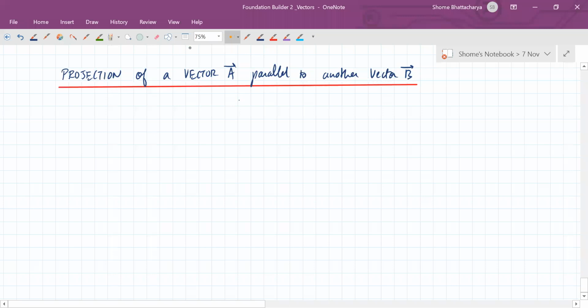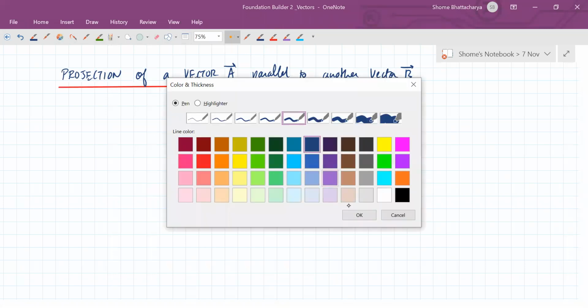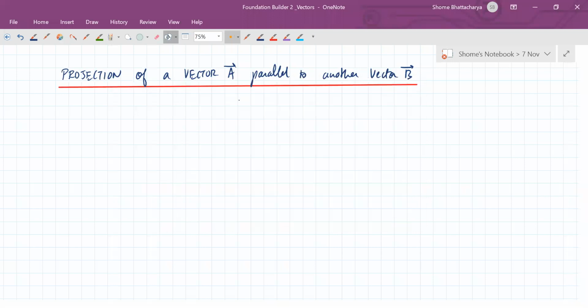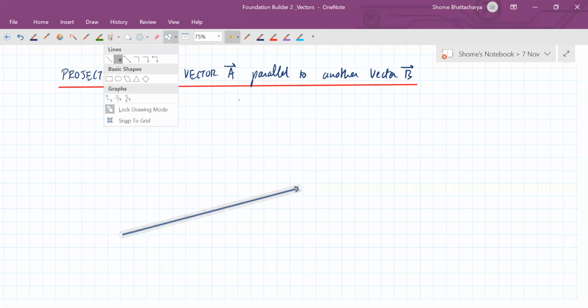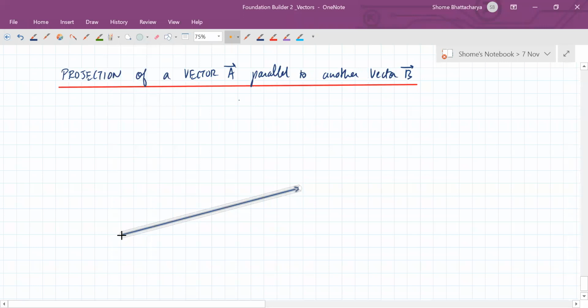So we had seen the formula for this already last time. Now using that formula we will see another concept today. Yeah, cross product is remaining, but we have to complete this before doing cross product. Cross product comes after this projection concept, because the projection concept is still the application of dot product.